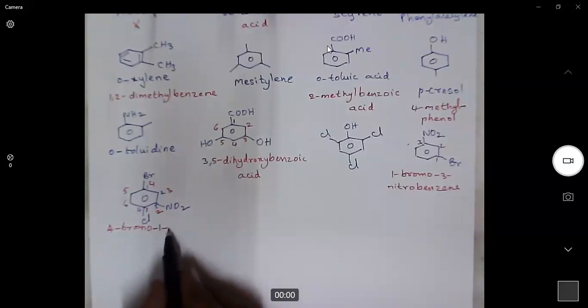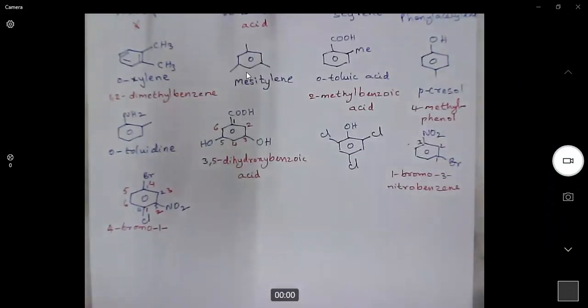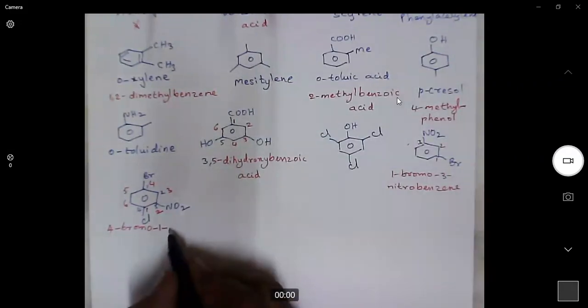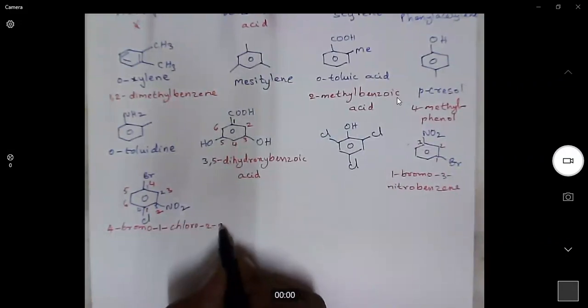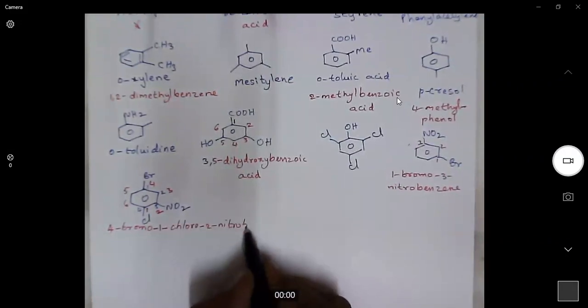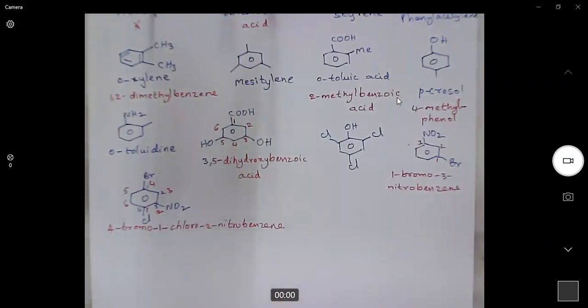Then also, before the next letter, we must place a hyphen. A number and a letter must be separated by a hyphen. So 4-bromo-1-chloro-2-nitrobenzene. This is the complete nomenclature for